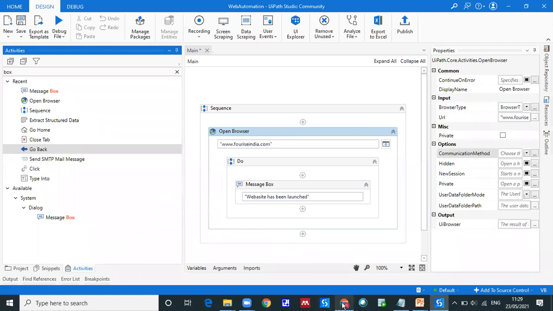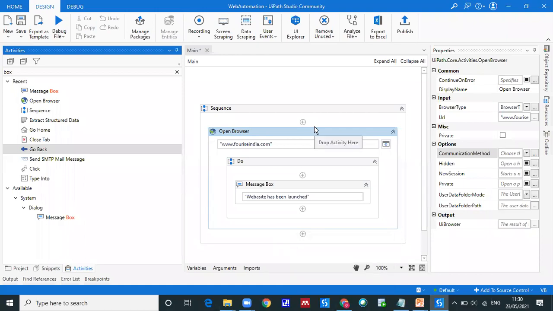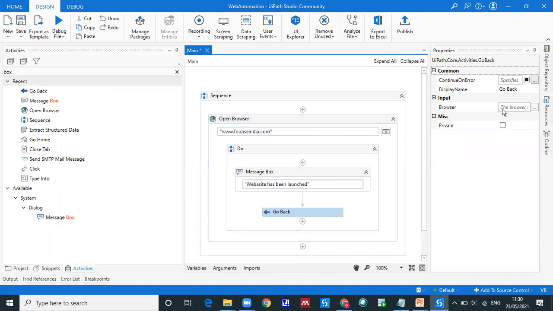Because we need to ensure where to navigate or which tab is supposed to close, where to forward, I mean, from where to where we're supposed to forward, where to where we're supposed to go back. So for all those activities, we can just see this in the property. You can see what this is asking. It's asking for the browser variable, right?